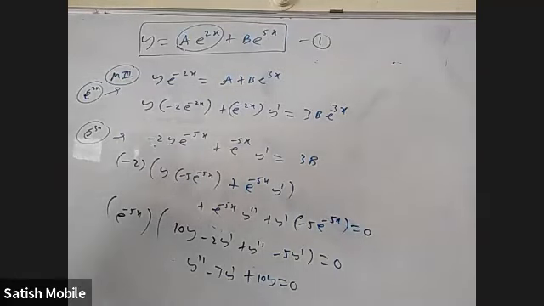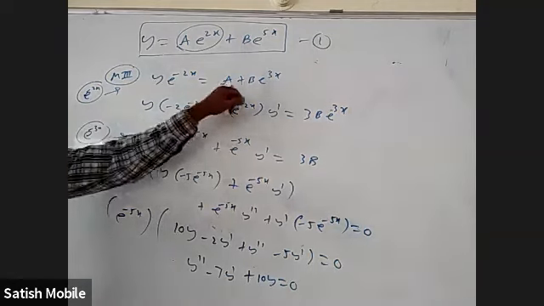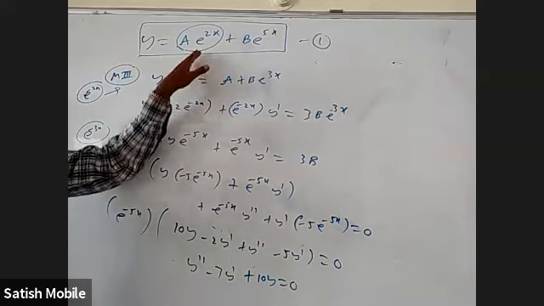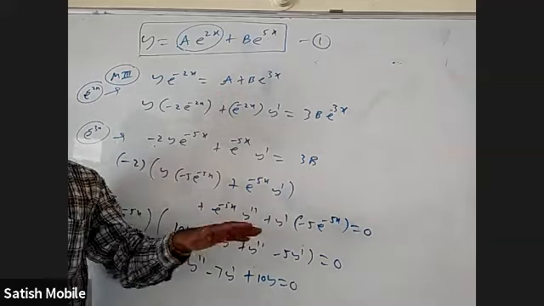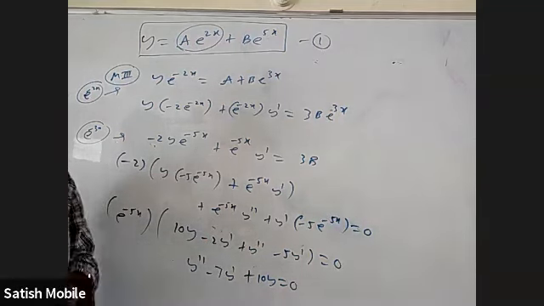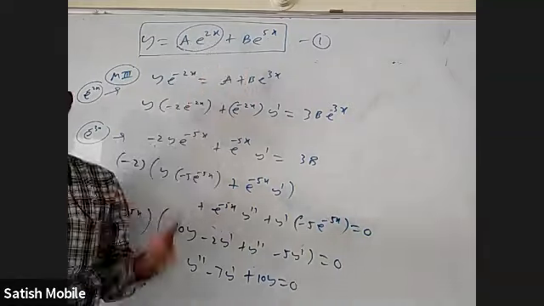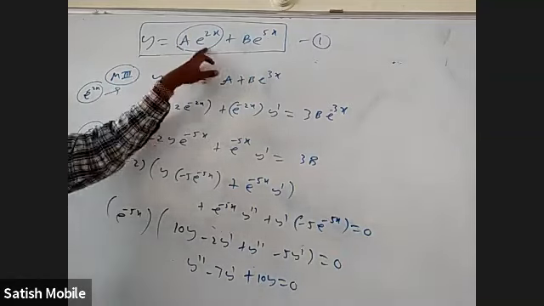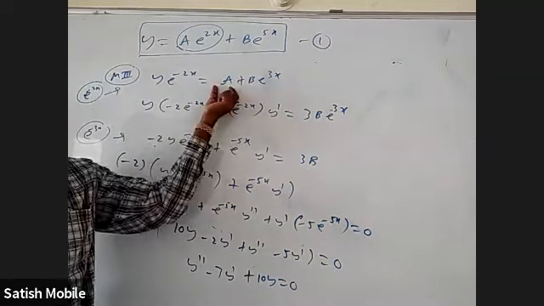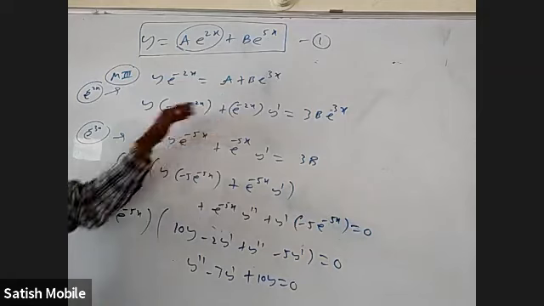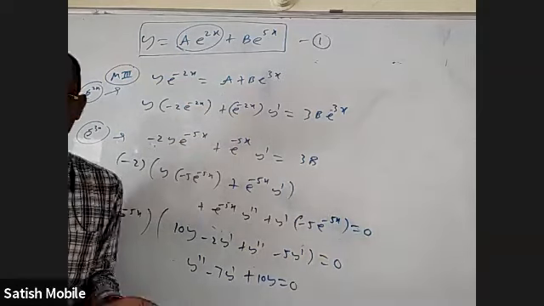Sir, can you explain method 3 again, sir? Method 3: because two constants are there, I have to eliminate them. I want to do it in such a way that when I differentiate once, A should go. When I differentiate once more, B should go. And I don't have to readjust again. I don't have to take this equation and substitute here. I don't want all that. If e power 2x is there, I cannot eliminate A. That's why I multiply with e power minus 2x. Now A is alone, a constant. When I differentiate it, it becomes 0 for sure. So from here to here, when I differentiated, A became 0, gone.